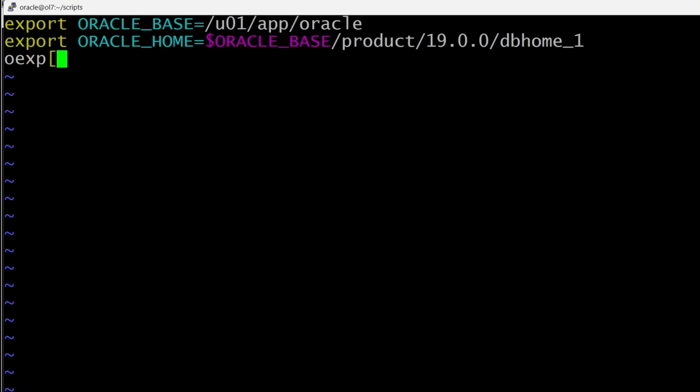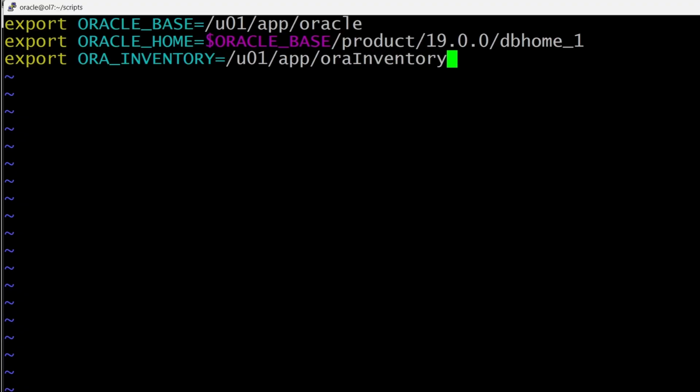then export ORA_INVENTORY=/u01/app/oraInventory. Then we can already export our ORACLE_SID. We're going to create a CDB1 database.